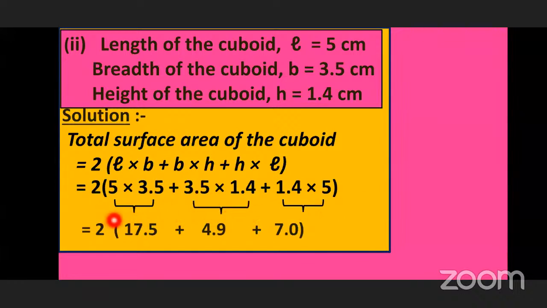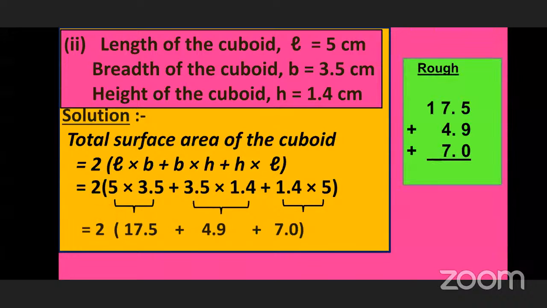So this is the multiplication or product of these numbers. Okay. Now what we have to do? We have to add these 3 numbers together and then we have to do multiplication with 2. Okay. So see, this is the addition. Just we will revise the addition with decimal points. Okay, children. So we have to arrange the numbers such that the numbers left hand side to the decimal point will come like this. You can see on the screen. Yes. One below another, you have to put the decimal point, and from the right hand side, you have to arrange the numbers. So 17.5 plus